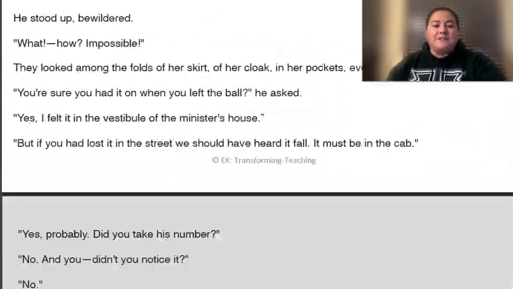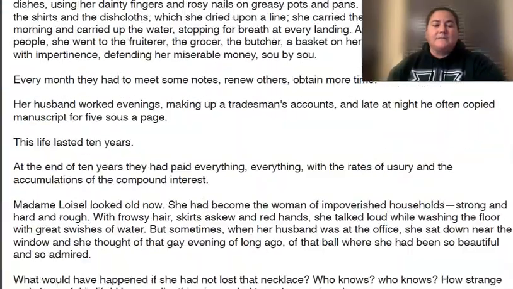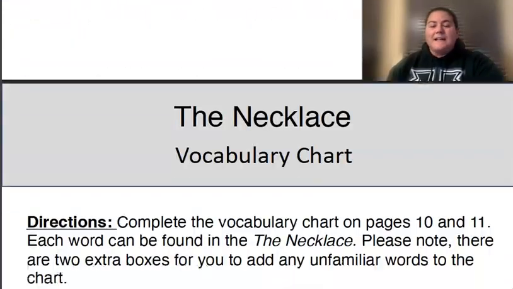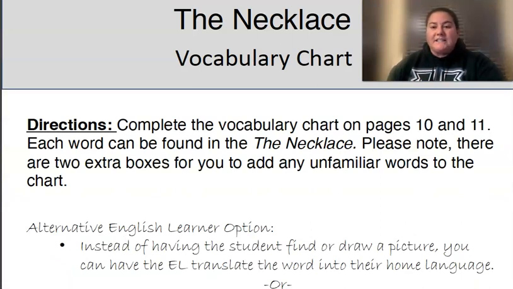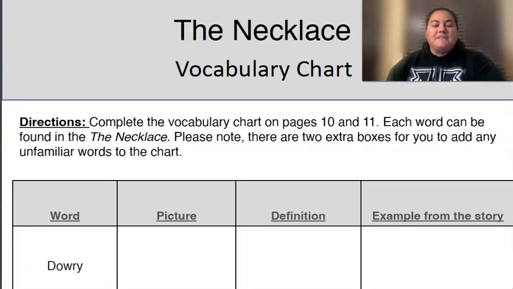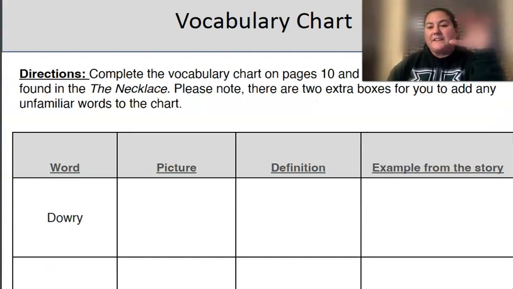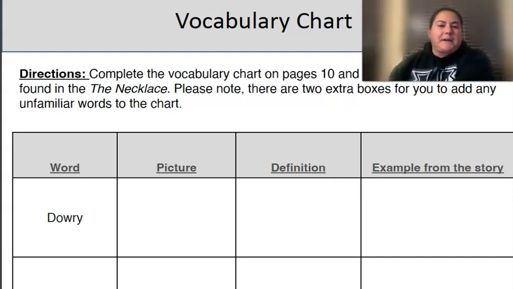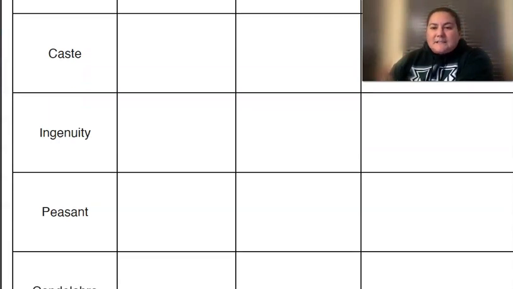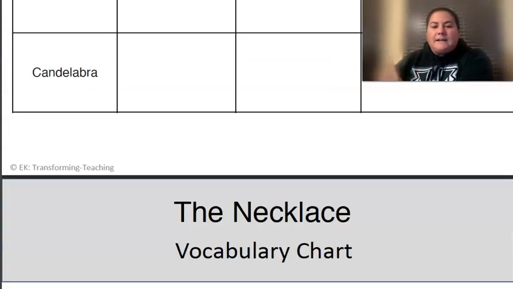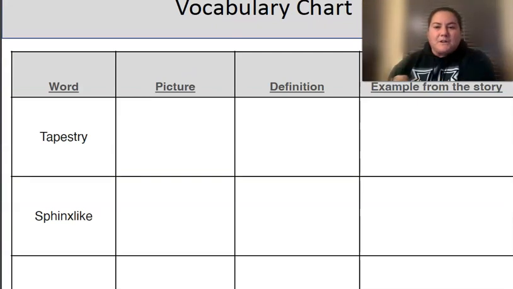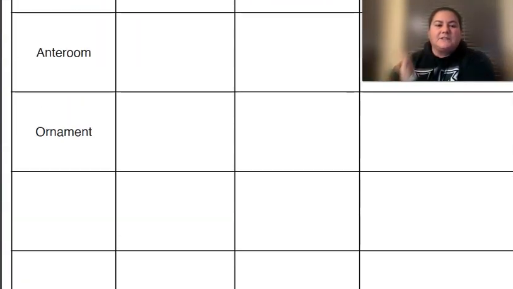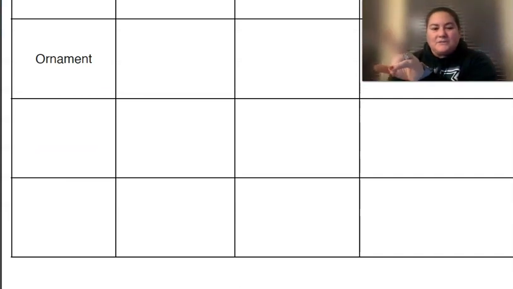After they read and annotate for those items, you will find, this is a little longer, that I have a vocabulary chart itself, and I do have, again, an alternative for English learners. The chart itself has the word, the picture, the definition, and I want the example from the story because I want students, even without me present, to go back into the text. It's a simple activity, but it actually will go miles and miles and miles. I picked out the words I've already decided that I wanted students to do. I also want them to find 2 additional stories